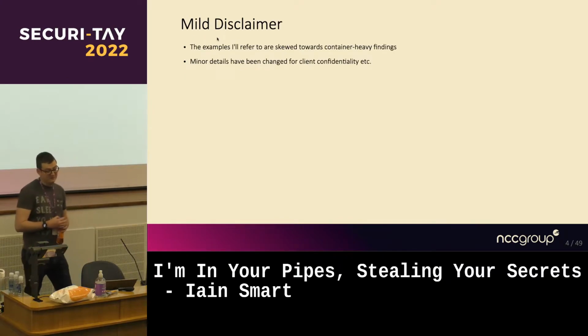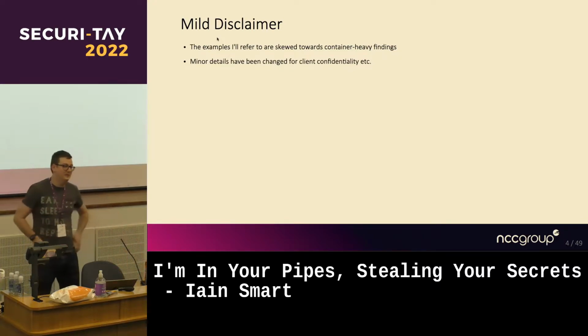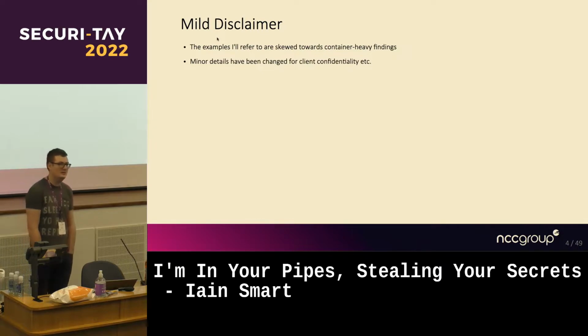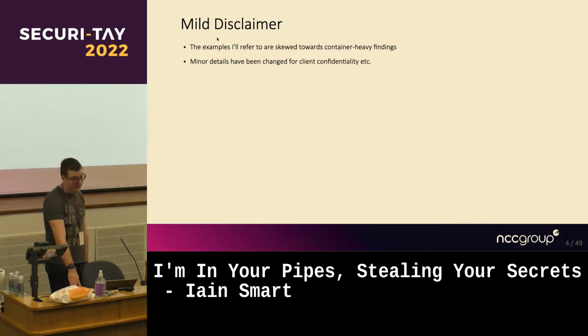So, mild disclaimer, these findings are skewed towards containers because that's where most of my interest is. A lot of the time we're finding pipelines are running using containers as a backend anyway, so it's fairly common. But not every attack is going to be container related. Most of the ones I'm going to talk about will be. Also, I've taken a bit of dramatic license. We've changed some of the client detail. We've changed client names, obviously. We've removed any details, and there's one attack chain that's a combination of a couple. But effectively, these are all representative of what we are seeing in the wild at the moment.